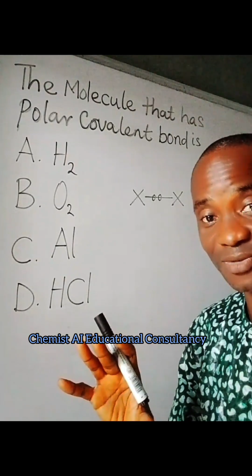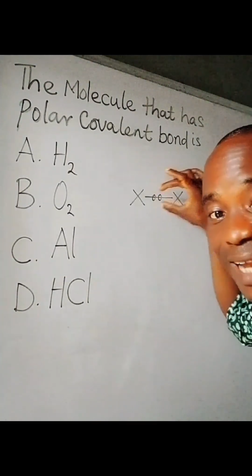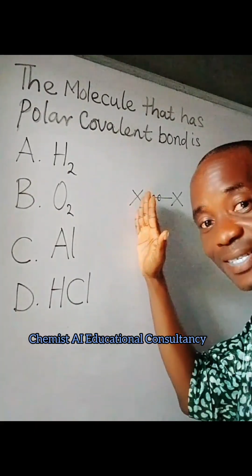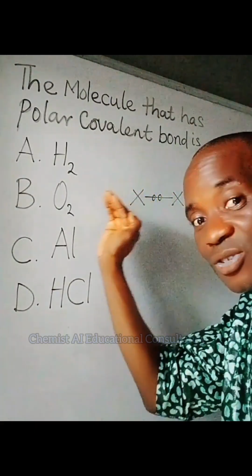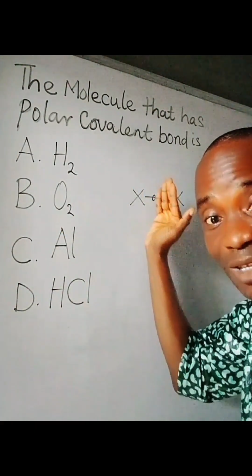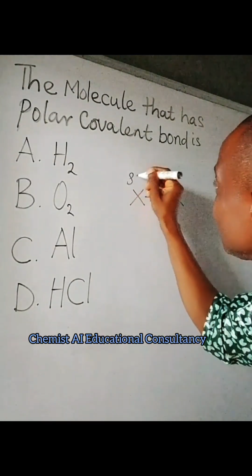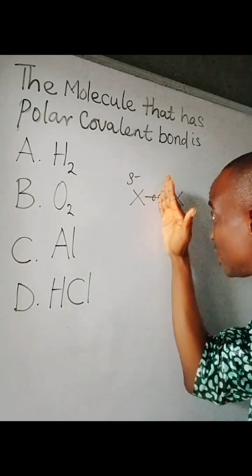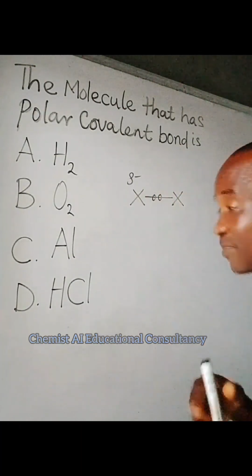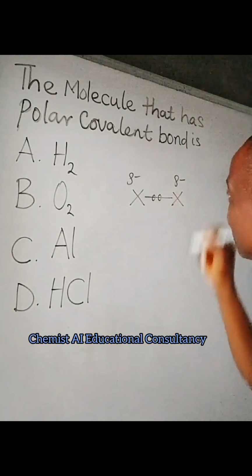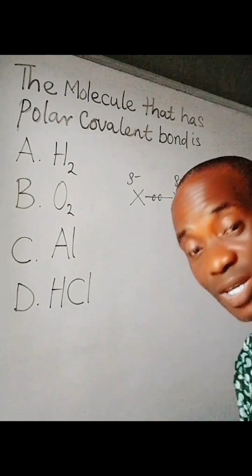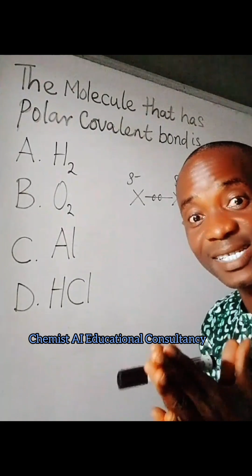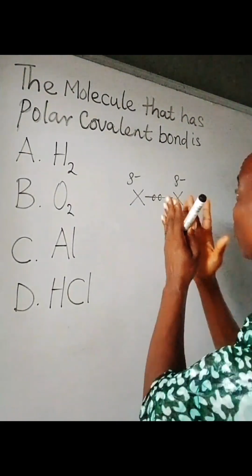Now, one thing you need to know is that these bonded electrons are facing force of attraction. This atom is trying to pull the bonded electrons closer to itself in order to have a partial negative charge. This atom is also trying to do the same thing, pull the bonded electrons closer to itself to have partial negative charge. But because the two atoms are the same, meaning that they have the same electronegativity, the bonded pair